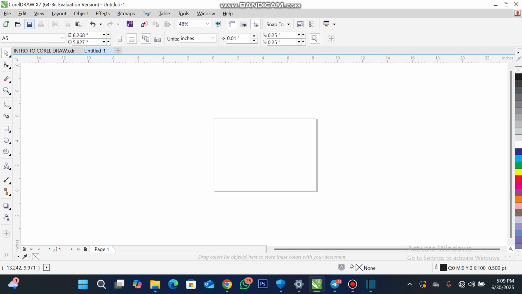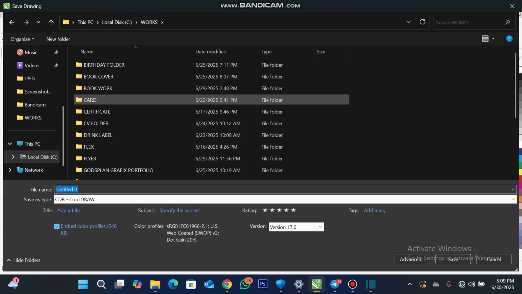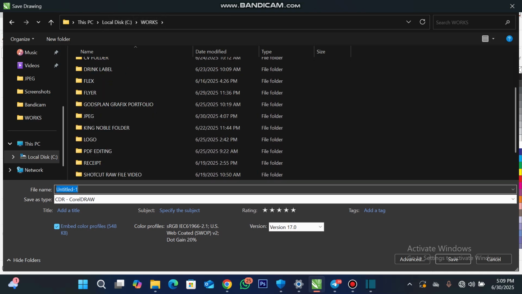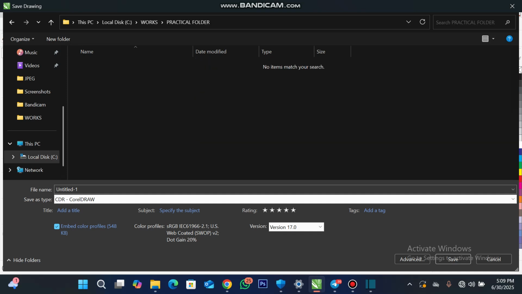But now using this Save command, when we want to save this particular work, we just choose. I'm going to create a new folder. I'll click on this new folder and make sure my caps lock is turned on, and I'll say PRACTICAL FOLDER. I'll open it and save it. I'll say EXERCISE 1